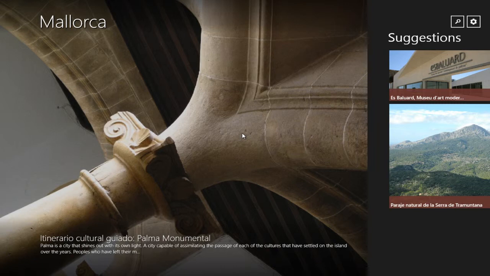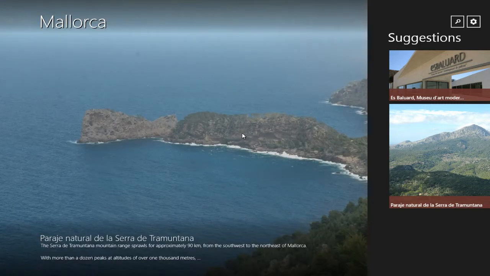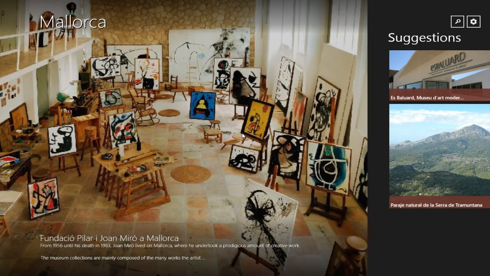Today, with the assistance of our technology, authorities can store, compile, and order all of this information to make it available to the average user or to any tourism industry professional. Virtual Tourist Office Suite is composed of one backend and three different frontends, one based on PixelSense tabletop devices, one based on Windows Phone devices, and the application we're going to see in this video, based on Windows 8.1